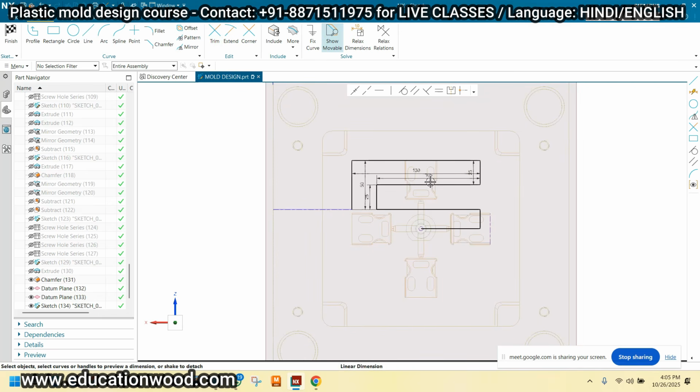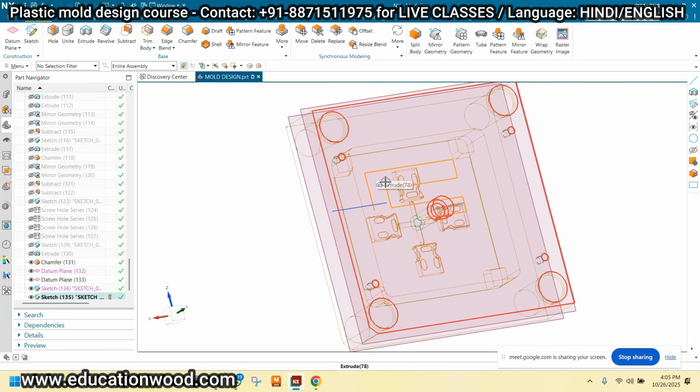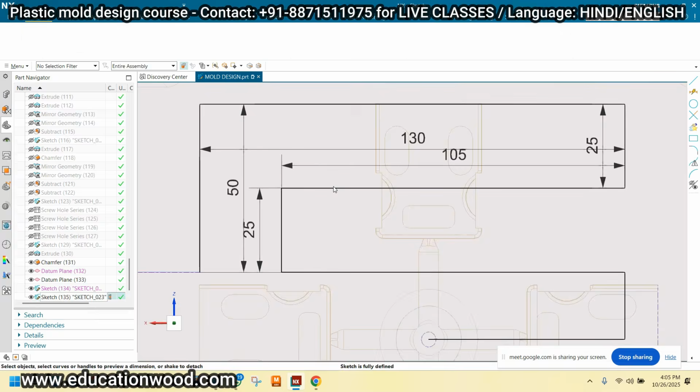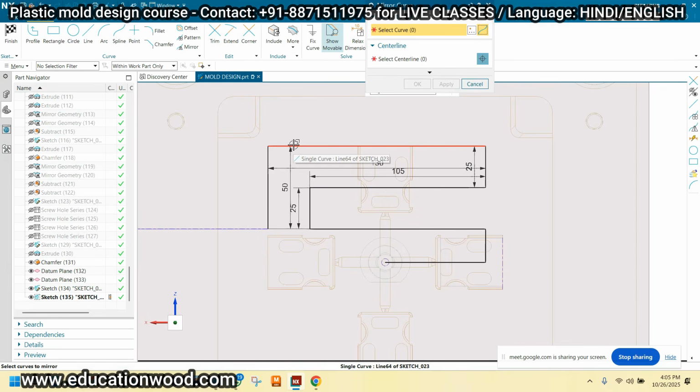Again, okay, and just click. Just okay, right? Now again I'm like this, see, and take the mirror. Where is the mirror command? This is the mirror command. One, two, three, four, five, and this will be the six and seven.